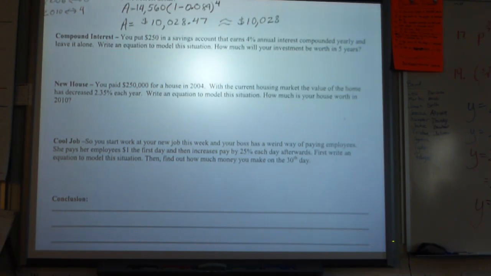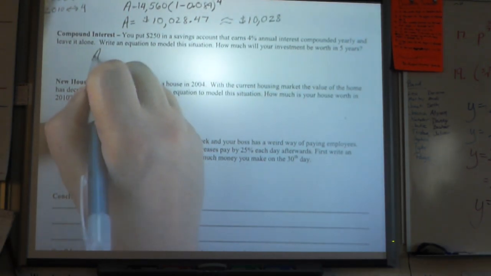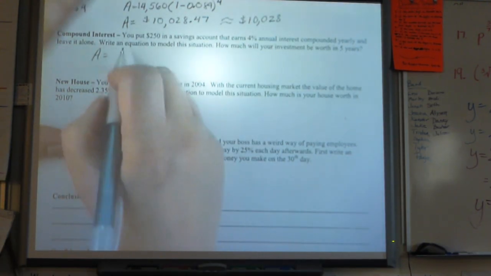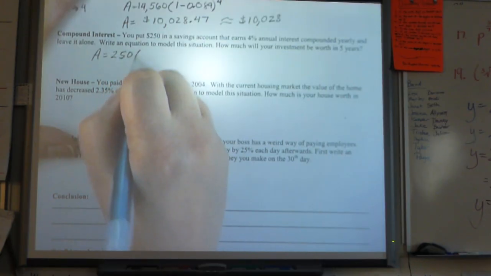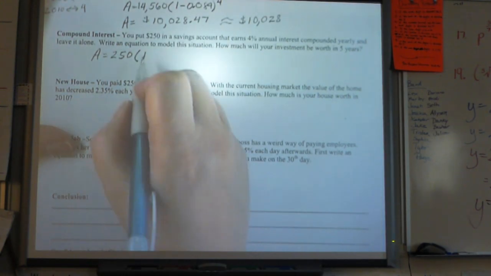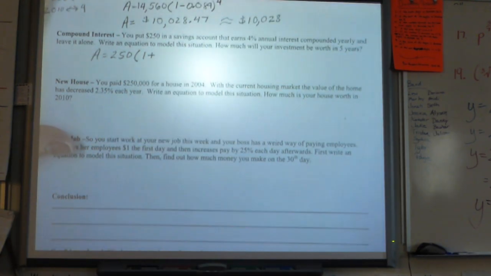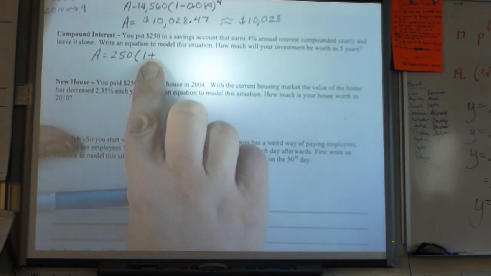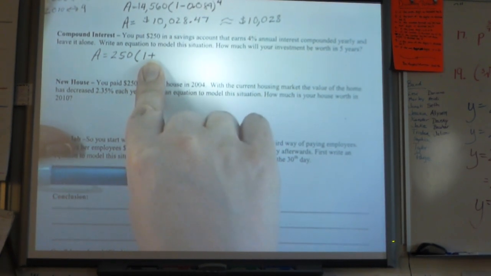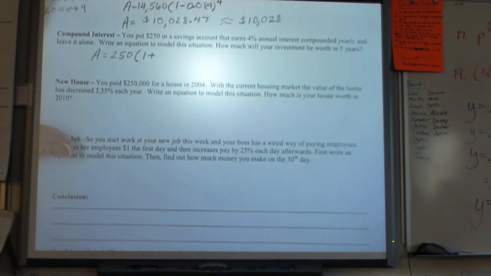Okay, so our amount is going to be equal to, what's our initial investment, our principal? $250 times 1, and do we have growth or decay? Growth, so plus. Exponential growth will always have a base that's higher than 1. Exponential decay, if I'm subtracting, I'll have a base that is less than 1. So 1 plus 4%